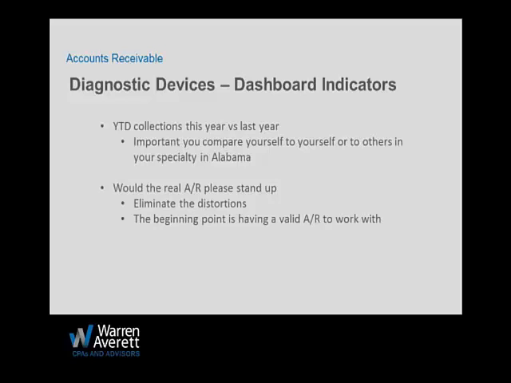Some of the other ones you wouldn't think about: let's say you have a billing manager who is being evaluated on their AR, and they know we have a bunch of bad old AR over 90. They know that we as the accountants are about to pull that information and ask for those reports, because we ask for it every year in November. Well, the easiest way for them to look better than they are, because they're not working the AR, is just to write a bunch of it off over 90 and completely disappear the over 90. So we've got to make sure that didn't happen between those two time periods. It may take some further investigation to make sure that we're really looking at the real AR.